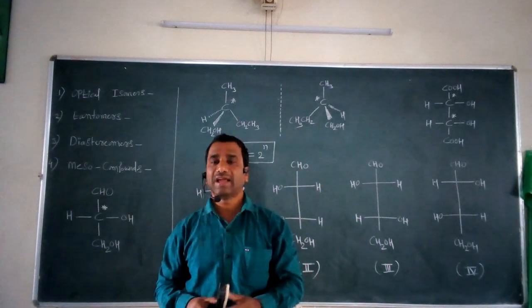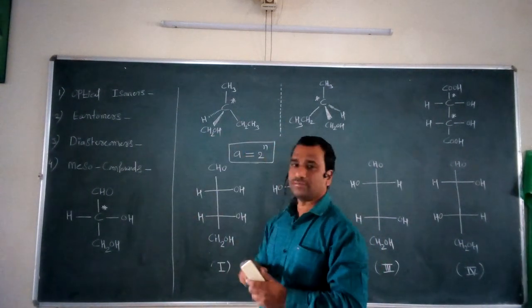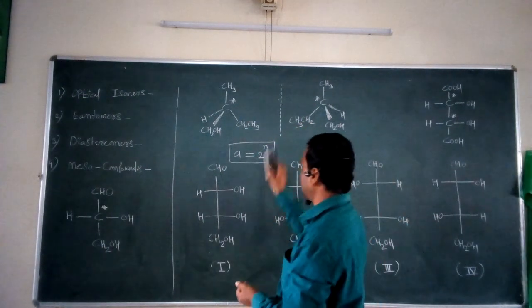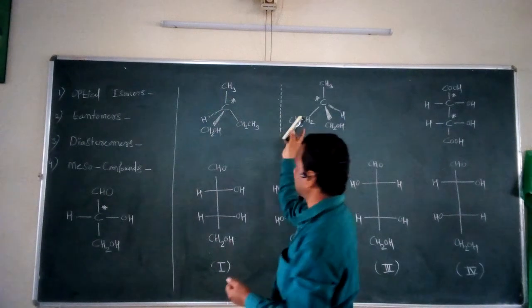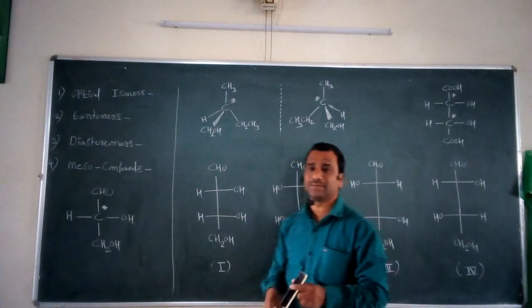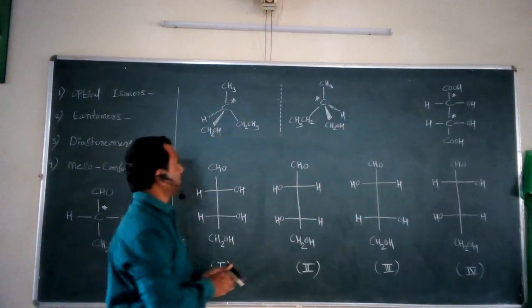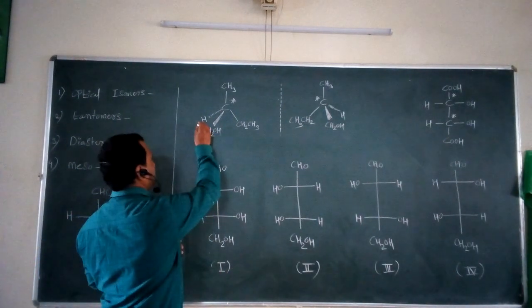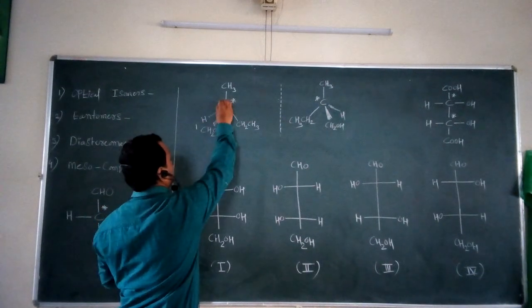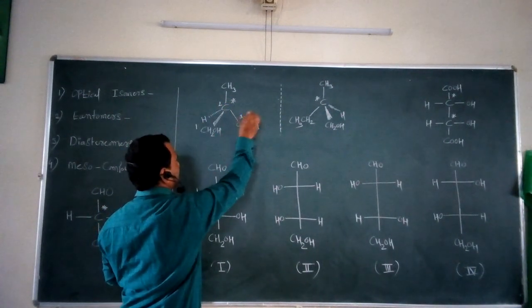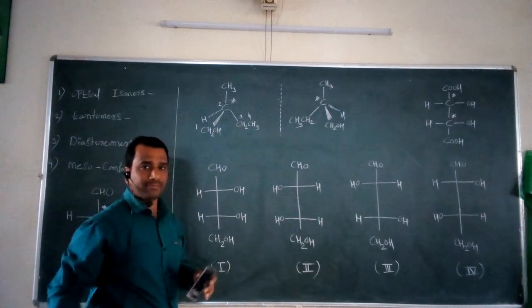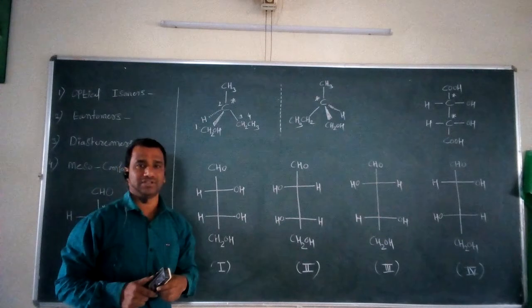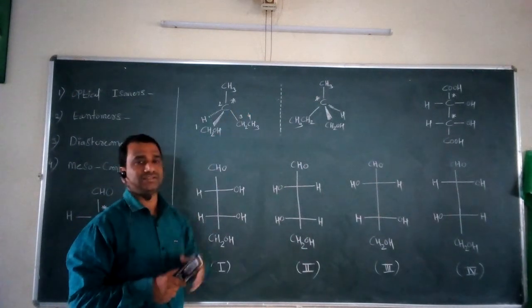First of all, as far as enantiomers are concerned, if we look at these two simple examples, what is the name of this compound? This compound is called 2-methyl-1-butanol. If we number this compound, starting from this carbon atom first, this carbon second, this carbon third, and this is carbon number 4. So this compound is called 2-methyl-1-butanol. Now in this compound, the centrally situated carbon is there.